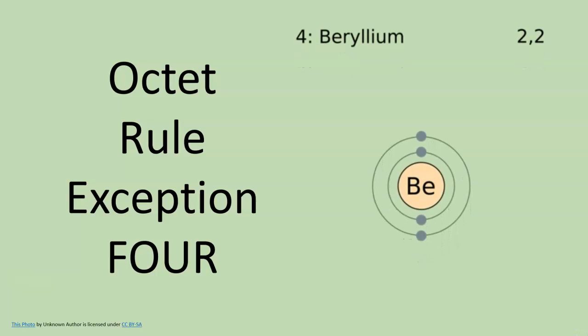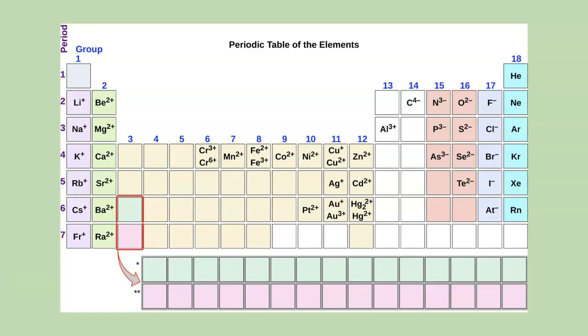So our fourth octet rule exception is going to be beryllium. Now beryllium, we're in the same boat. In that outer shell, we're going to lose those 2 electrons. So that means we're going to end up with a positive 2 charge. As we get a little further into this video, I'm going to show you a periodic table that gives you some charges and some ideas, and that should also be available to you in your D2L. If you cannot find it, reach out to your instructor, and your instructor can help you get to where you need to be. So we're looking at beryllium with a 2 positive charge,